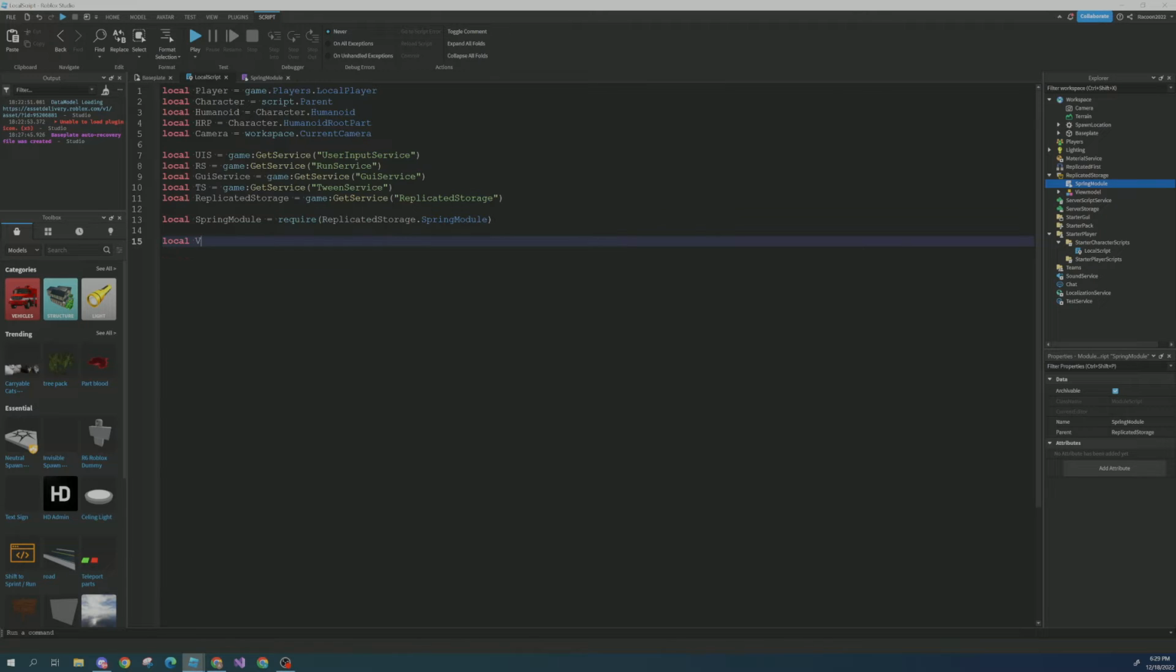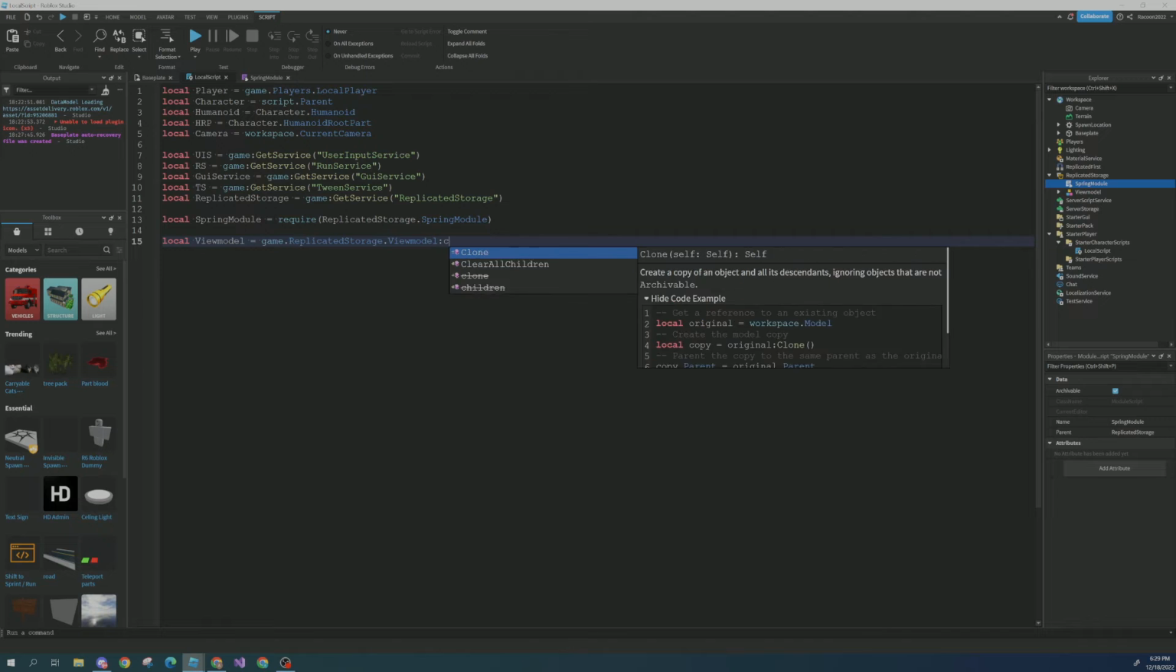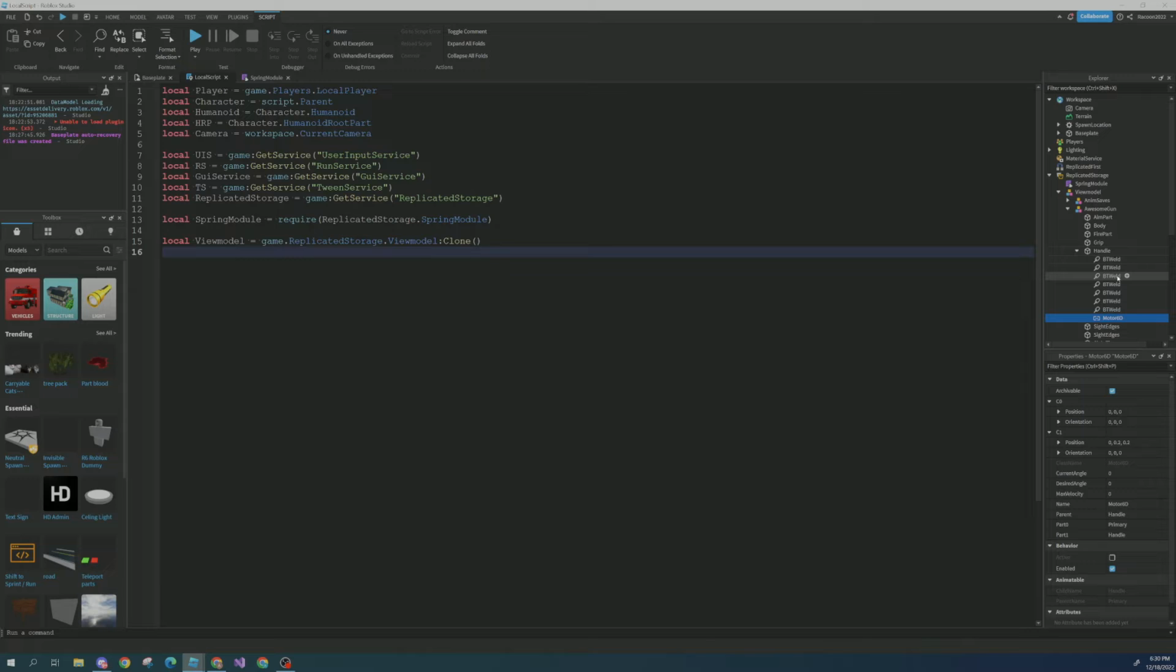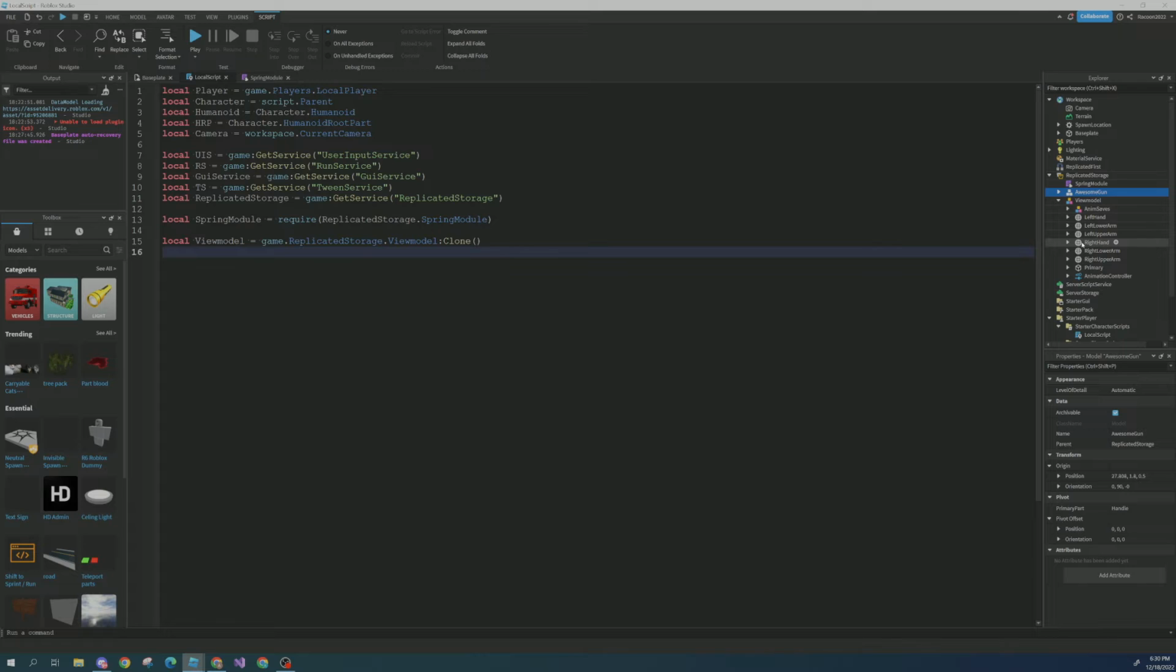So view model equals game.ReplicatedStorage.ViewModel:Clone(). Also, one thing you should note is that I'm going to manually make the joint. I'm going to remove this here. That was just to show you that it is animatable. I'm actually going to do the setup of the joint in script because that usually is better. So view model equals that, and then I'm going to parent the view model